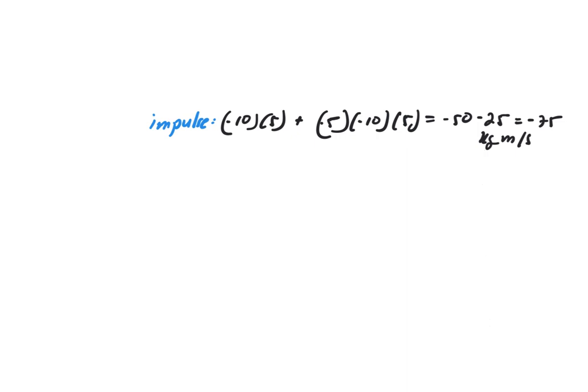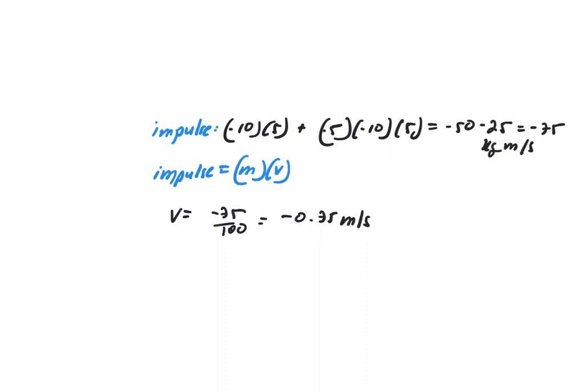So the impulse is mass times velocity. So it's going to be velocity equals -75 over 100, which equals 0.75 meters per second. So our answer is going to be